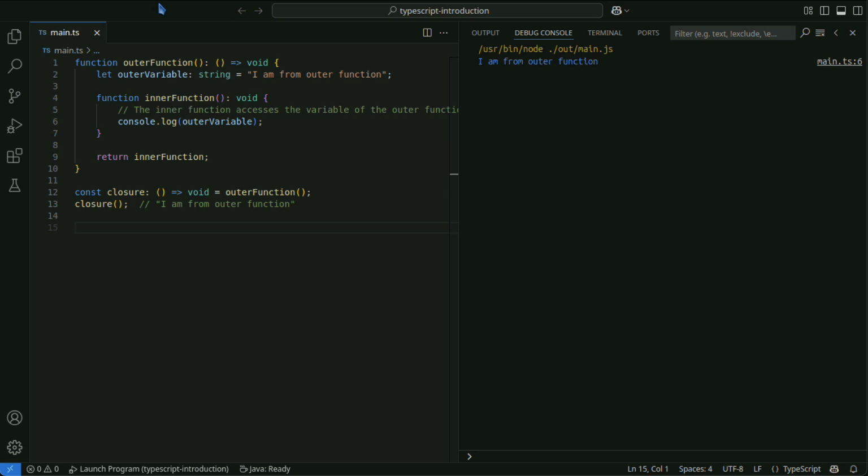Outer function returns the inner function, inner function. Inner function displays the value of the outer function's variable, outer variable.